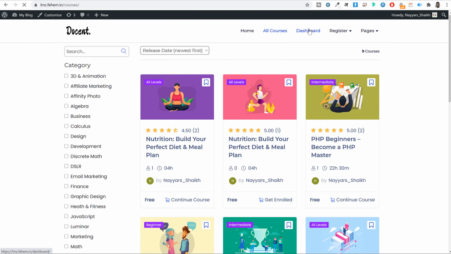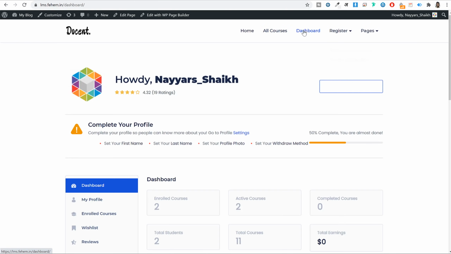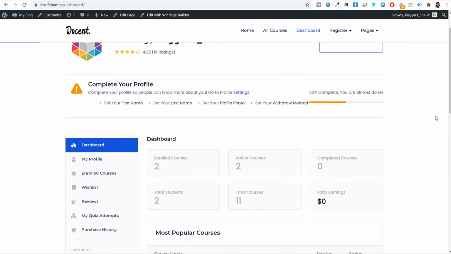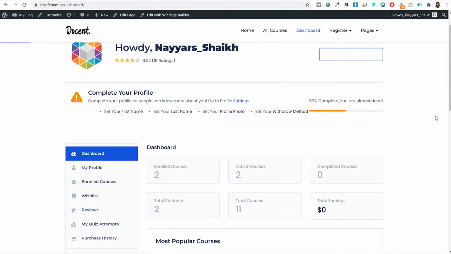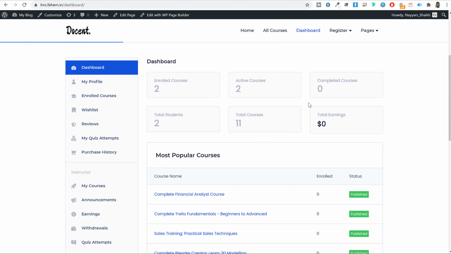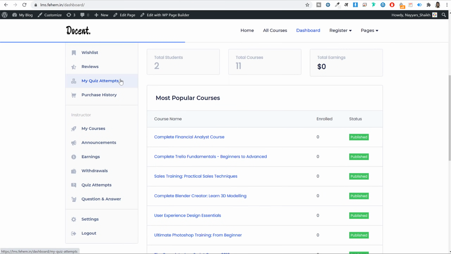Similarly, if you click on this dashboard button or this dashboard link, we have created this front-end dashboard for users and for instructors. So any user or customer can come to your website. They have their own customized front-end dashboard. They can see how many courses they have purchased, what all the announcements are available for this. So whenever there is a course created, you as the course owner or the creator of the course, you can send different types of announcement to your students.